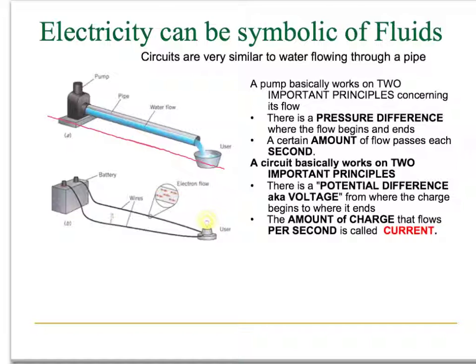So therefore, in this case, we also have to create a potential difference. We need to push the electrons. In order for that electron that we push, that will also in effect push the neighboring electrons in the direction of the force. So therefore,